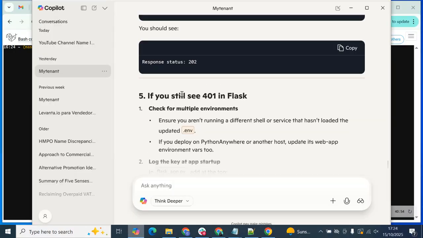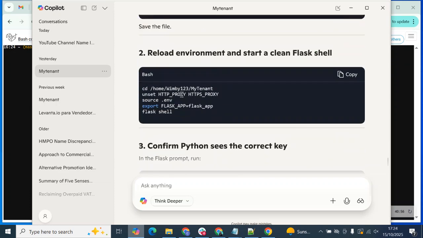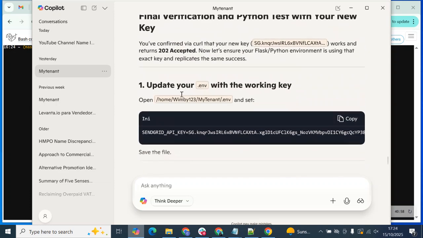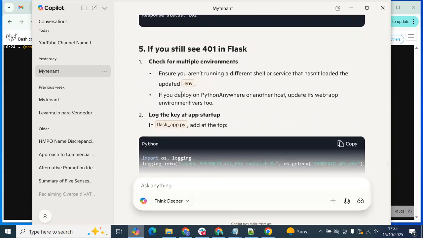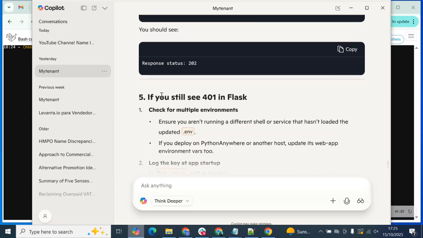Okay, let's go back and do it all again. Let's start from scratch. And this is where building your knowledge up as you read and get to know what the issues are is useful,